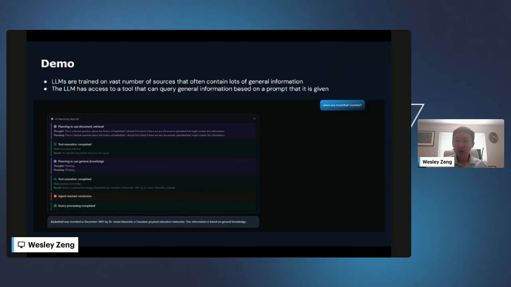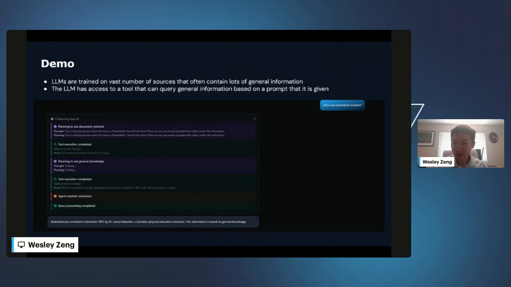So it knows a lot about very large topics. For example, I asked it when the sport of basketball was invented. This is a pretty general fact, somewhat well known, and most likely already has a lot of sources and documents detailing it on the internet. And so the LLM knows about it,